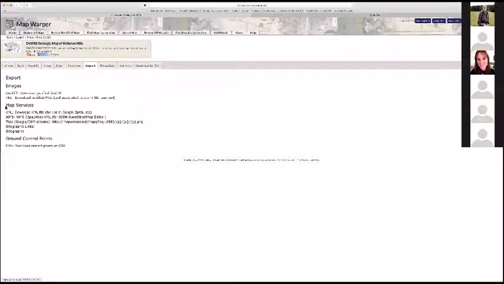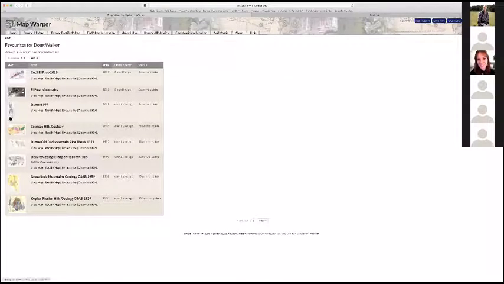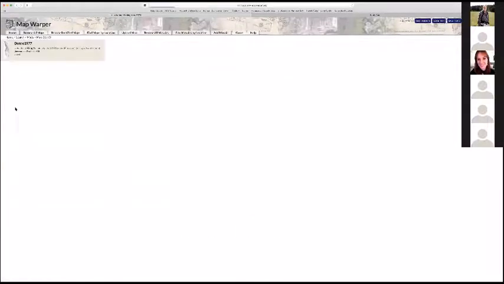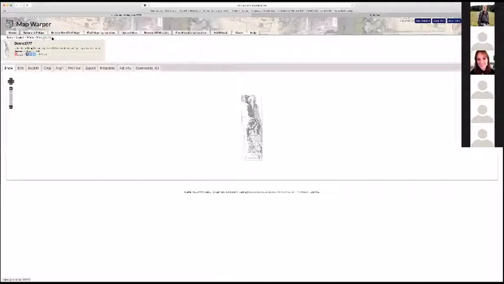Anyway, so what I ended up doing was I had this map by George Dunn that I, hopefully everybody's seeing Mapwarper now. I had this map by George Dunn, which what I did was I get a number for it. You can see up here at the top, it's 36770. This is the Mapwarper number for this.